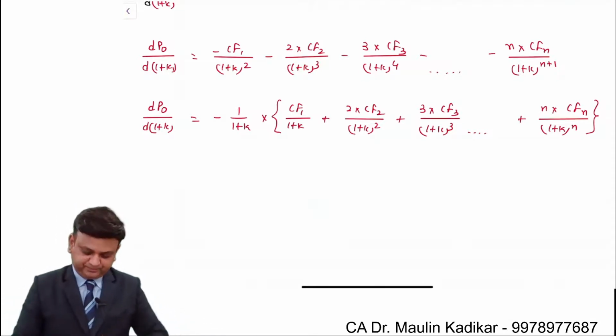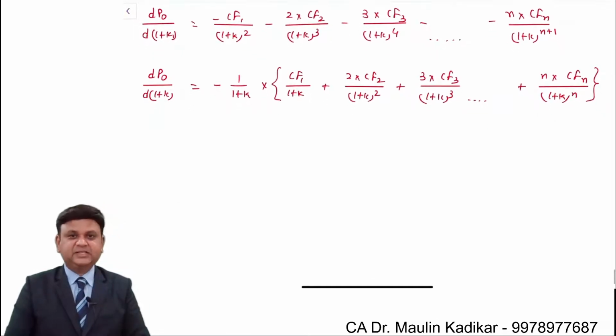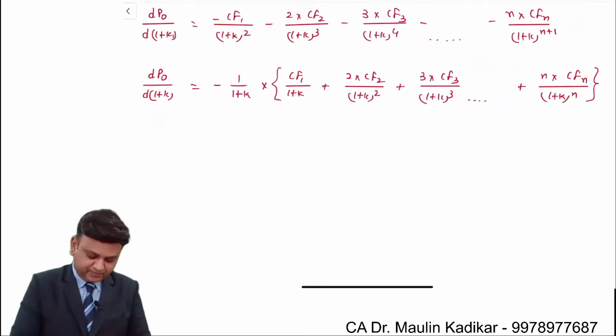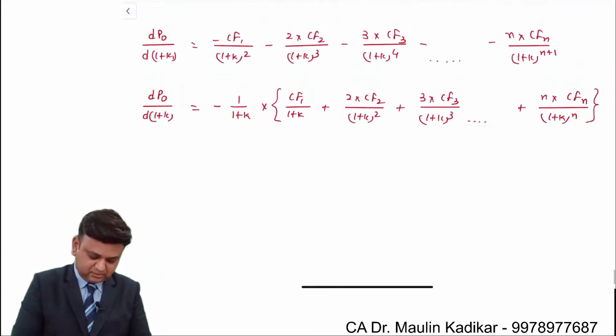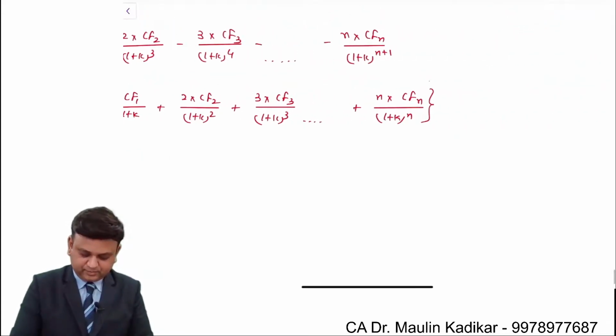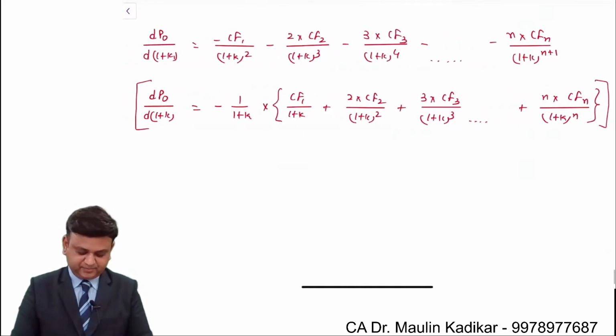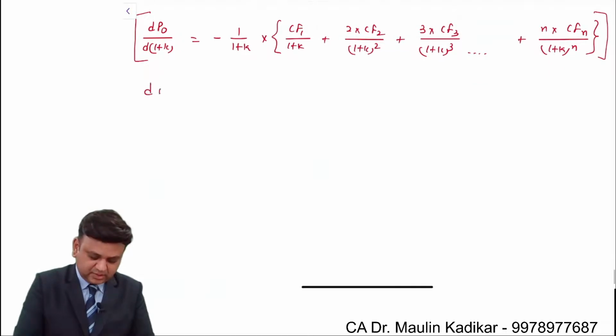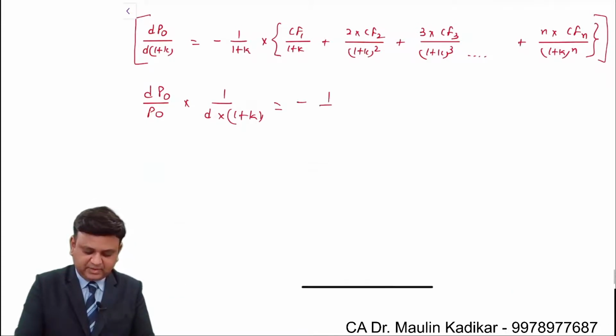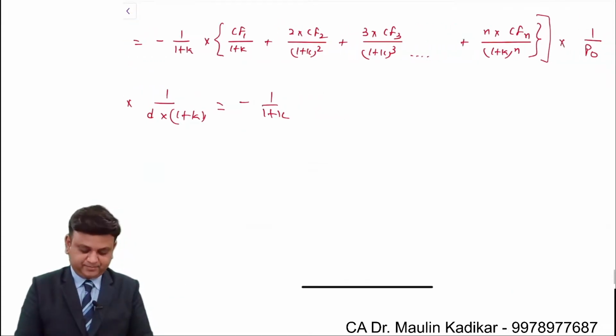Now friends, on both the sides I multiply with 1 upon P0. So what will happen? dP0 upon P0 into 1 upon d into (1 plus k) is equal to minus 1 upon 1 plus k into,